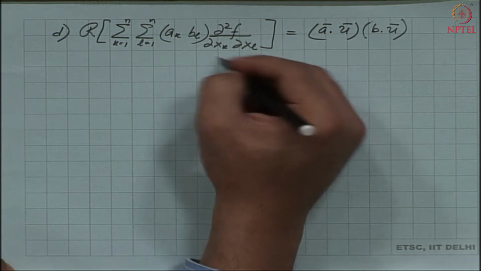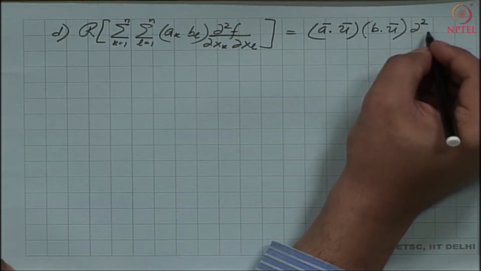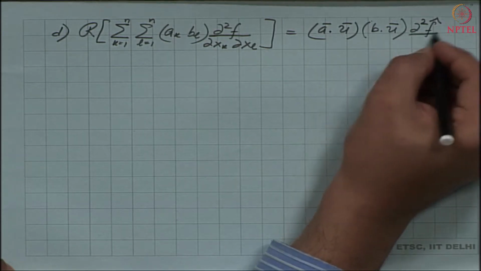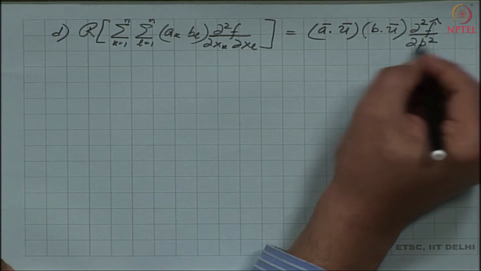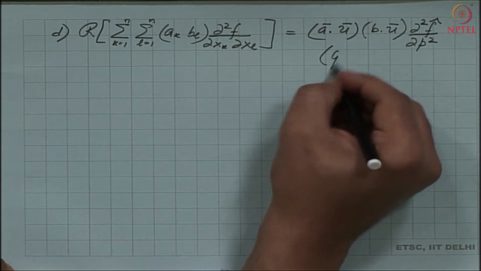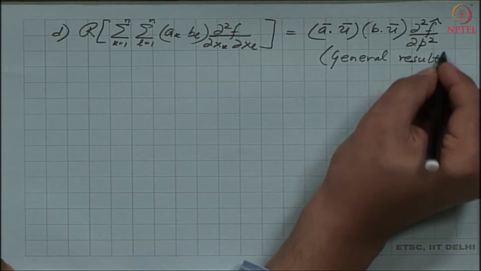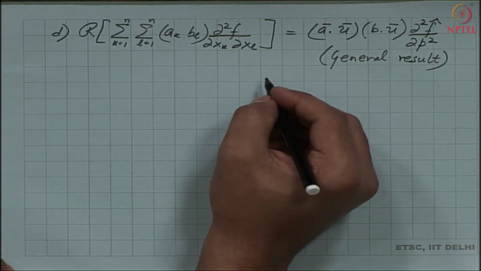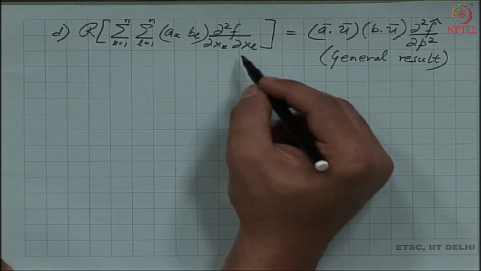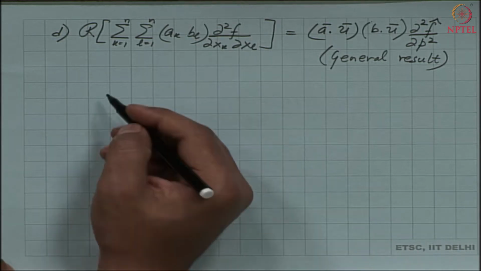This is the second derivative of f in the physical plane, and then the Radon transform will be equivalent to the second derivative of the Radon transform of the function with respect to p square. Okay. So, this is the most general result of the application of the Radon transform on the second derivative of the function. Okay. So, then